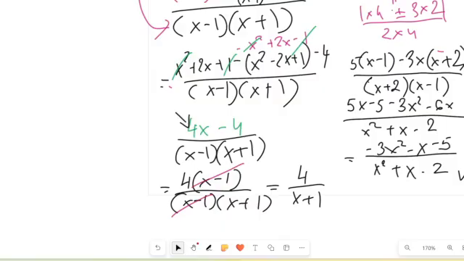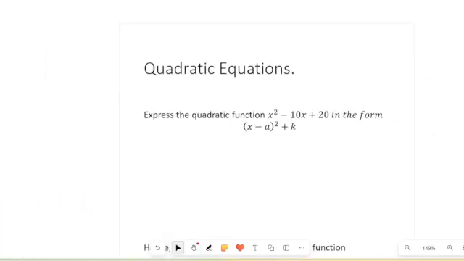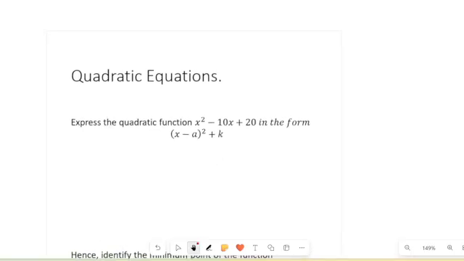Okay, now let's move to what we have next, and that is definitely quadratic equation, one of the most important topics on your leaving cert. So first of all, what you need to know is that the quadratic equation can be expressed in three different forms. So I could have a